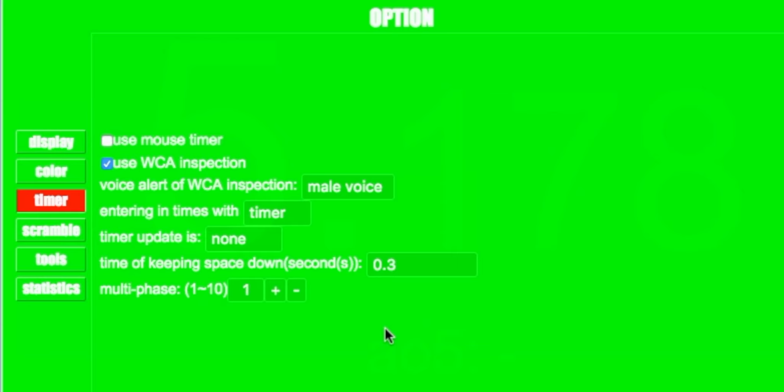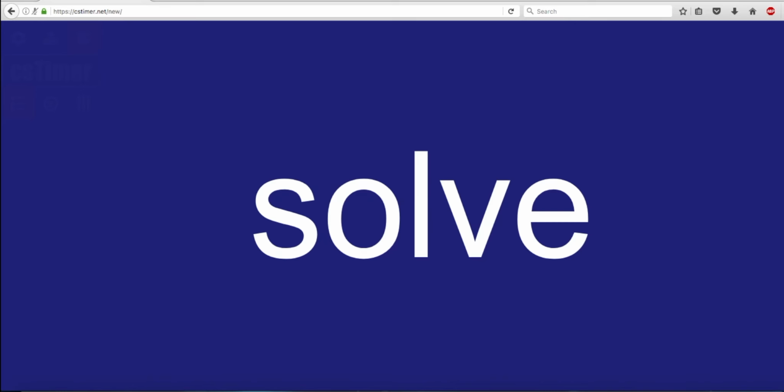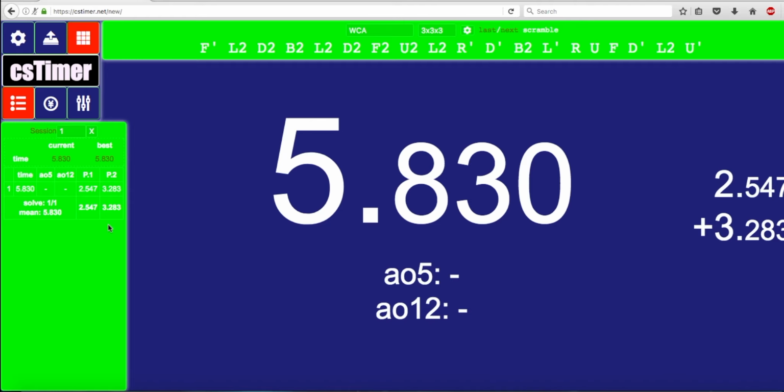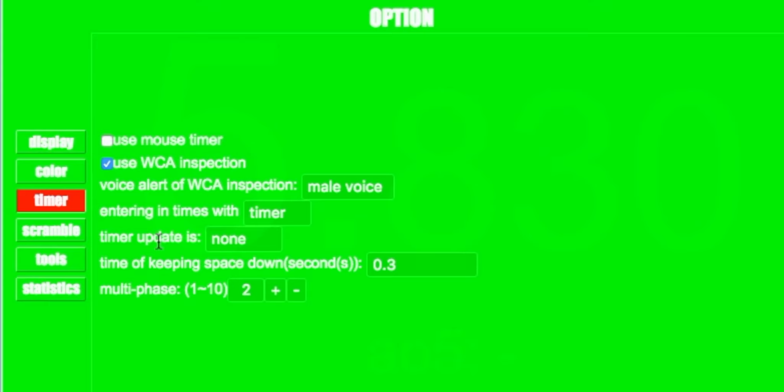And here there's this thing that says multi-phase, and that is basically if I set it to 2, then when I start the timer, the first time I press the space bar, it won't end it. It will just make a split, and then the second time I press it, it will stop it. And you can use that to time individual steps on big cubes or whatever, but that's not really useful for